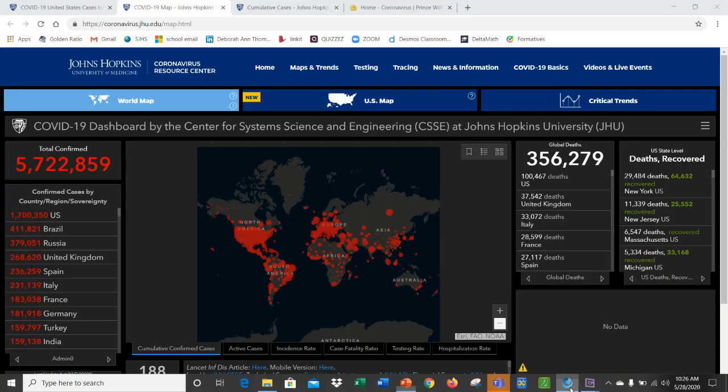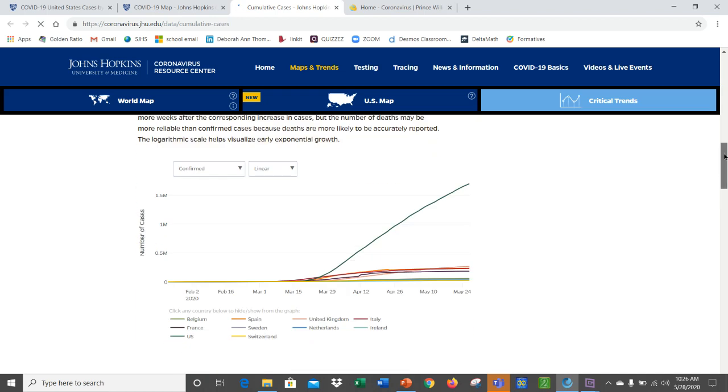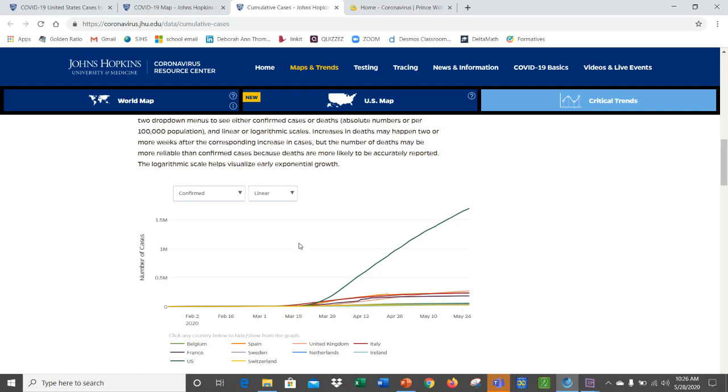But think of it in terms of population size as well. So we're going to wait for it to load. This one should load a little easier. The graphs aren't quite as intensive. All right, cumulative cases. And here we go. This is confirmed, right? And if we look at it in terms of linear,